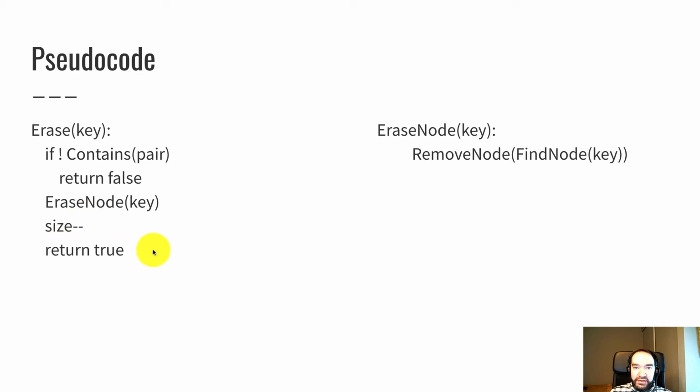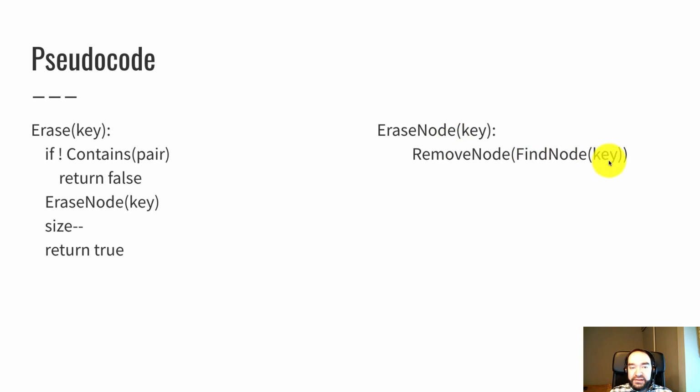Okay, so what we've handled there is deciding what value to return from erase and deciding whether we actually need to delete anything or not. Now we don't have to worry about those concerns anymore, and we can focus just on removing a node we know is present in the tree. That's what erase node does. So the next function call would be erase node. Erase node just calls 2 helper functions.